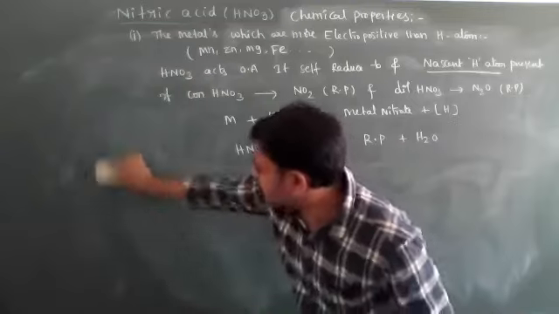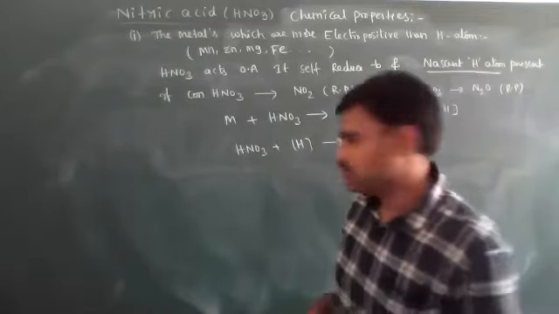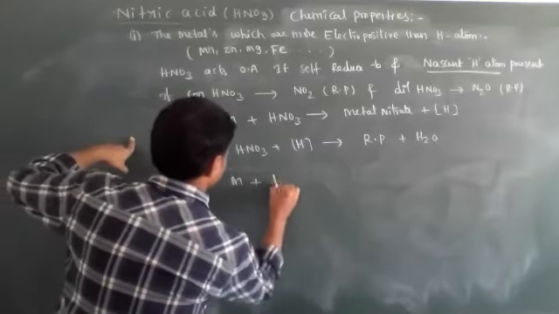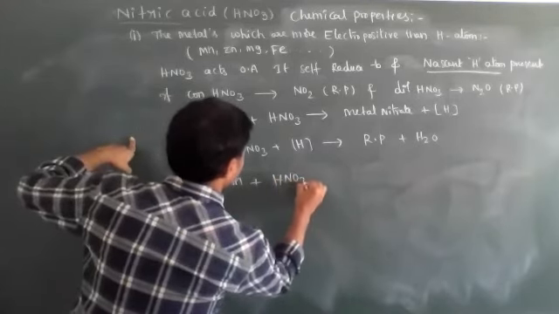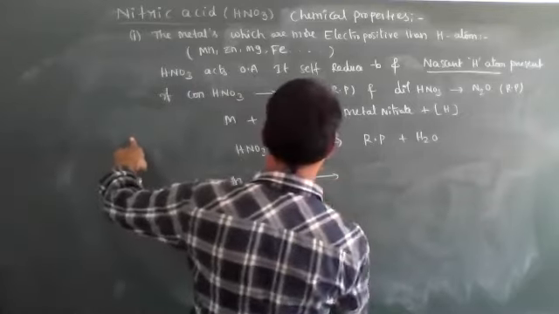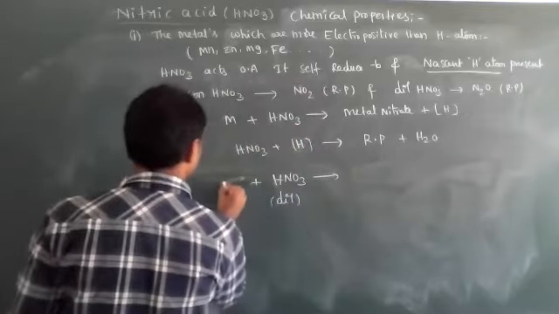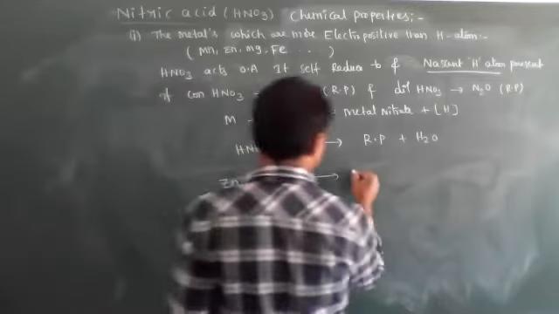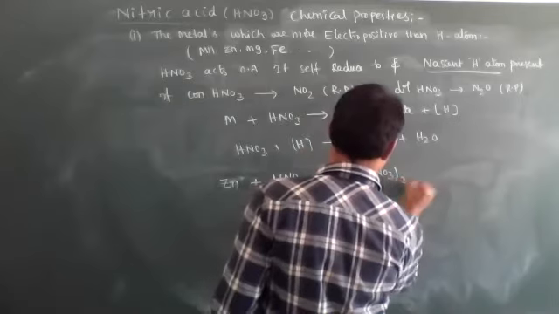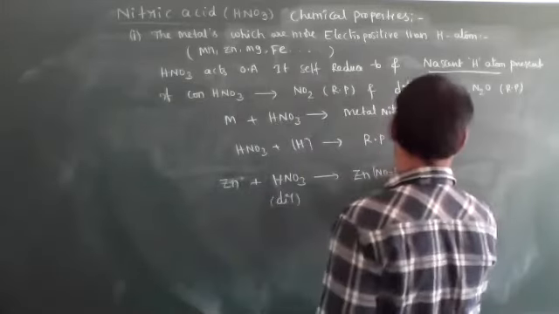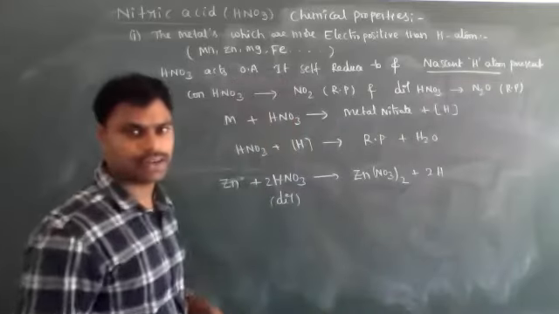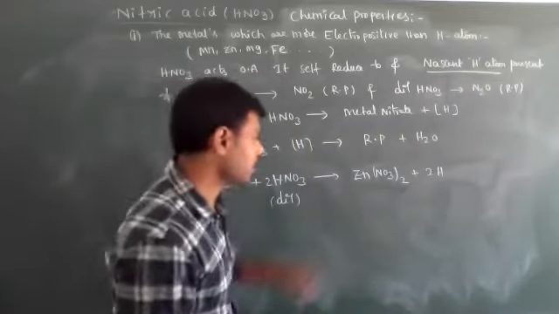With the same equation in diluted medium, how to balance? Metal plus HNO3. The first step is common. It forms metal nitrate, means zinc only I am using, zinc nitrate, Zn(NO3)2, plus nascent hydrogen atoms. So 2 moles of HNO3, dilute HNO3 I use, and produce 2 hydrogen atoms.